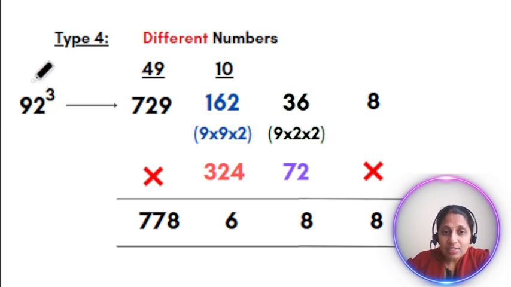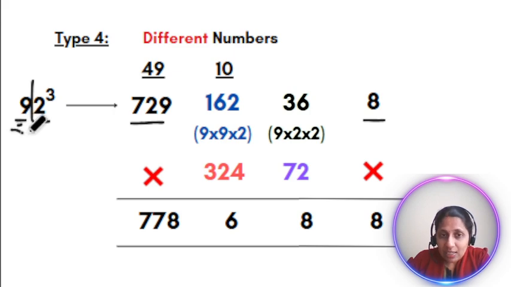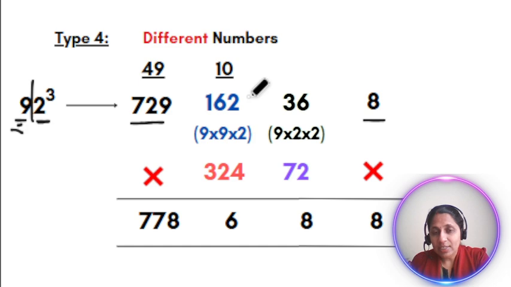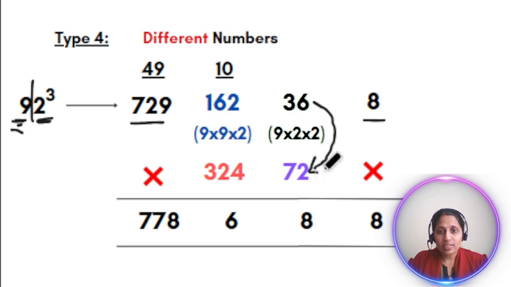As we said already, split the number into 2. 9 cube is 729 and 2 cube is 8. So write at both the ends. For the middle part, 9 times 9 times 2, which is 162. And for the next part, 9 times 2 times 2, which is 36. After this, as usual, double your center two numbers alone. You get